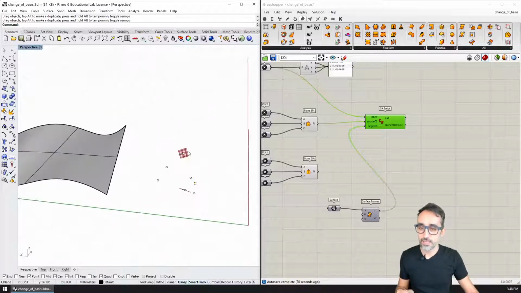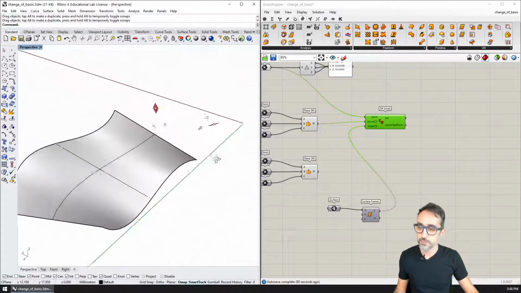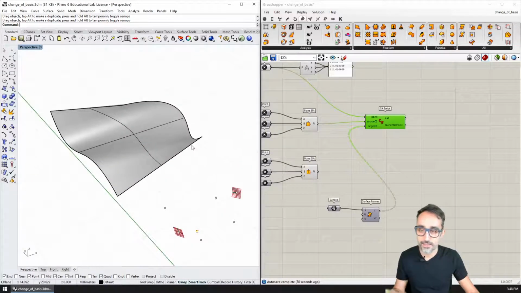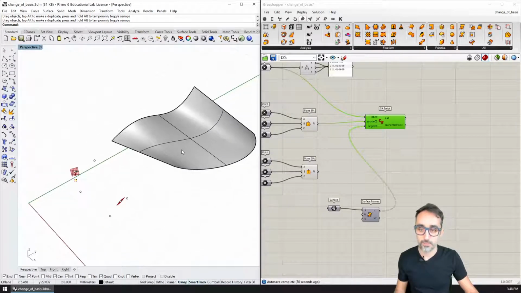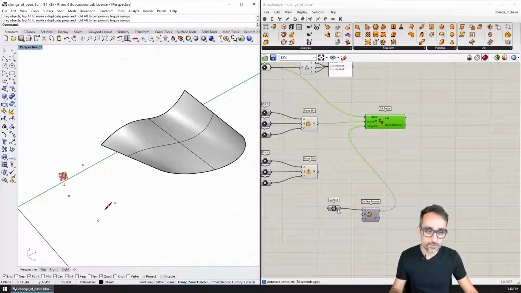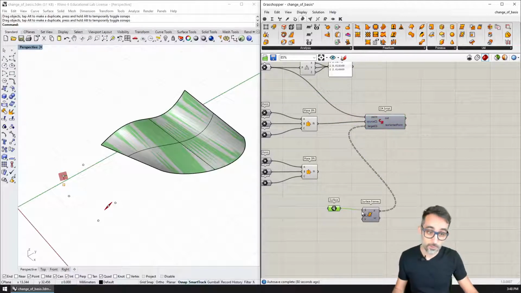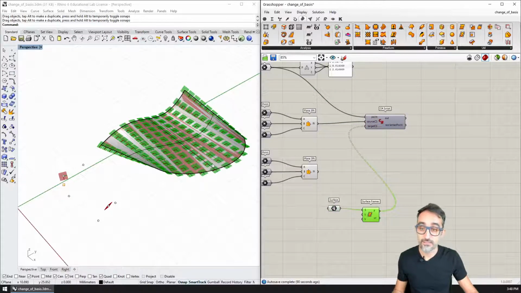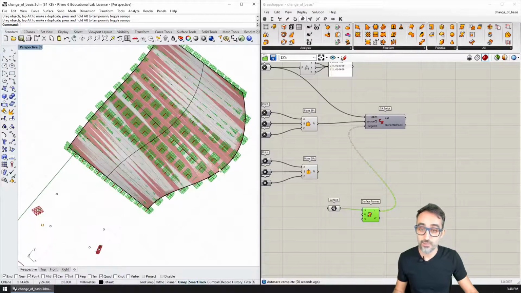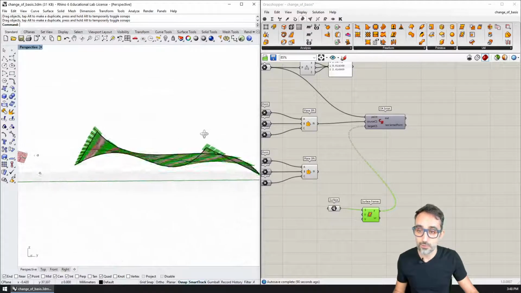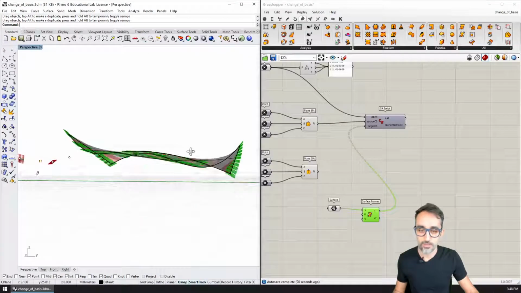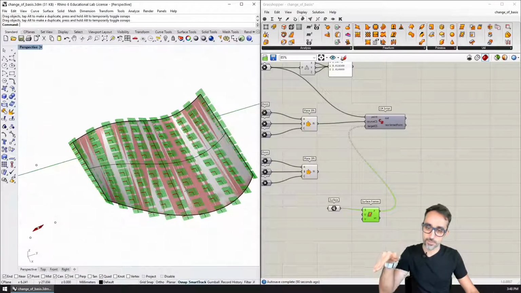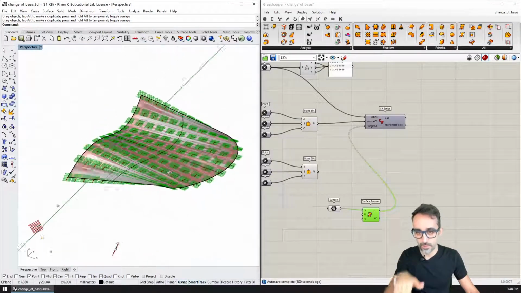I have created a loft surface in three-dimensional space. It's an Earth surface, so it has UV directions in both its main directions. I have brought that into Grasshopper, and then what I have done is I have divided this surface into a grid of UV tangent planes. So each one of the planes is tangent to the surface, and it's maintaining its relative orientation.